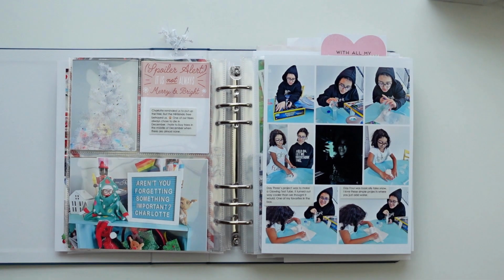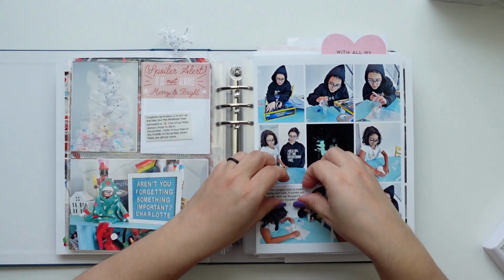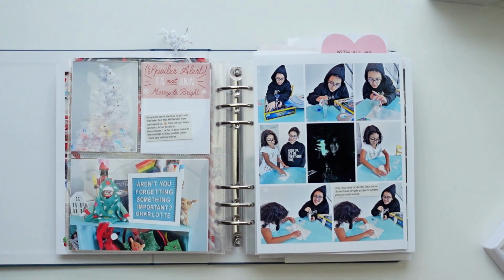And then Charlotte was shaming me because we didn't have the trees up by December 4th. So this year I was a little early with a few of them. And on the right side, I have